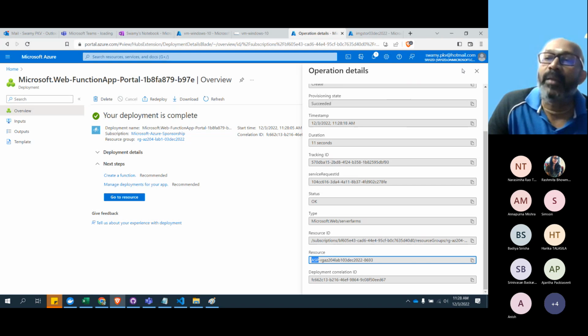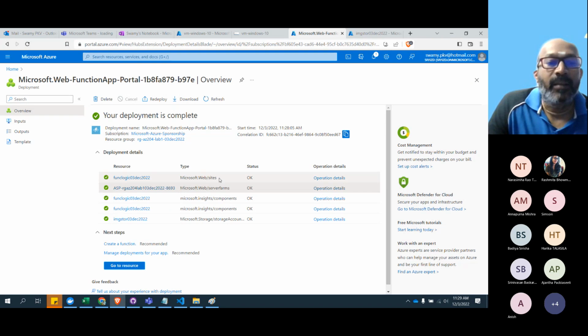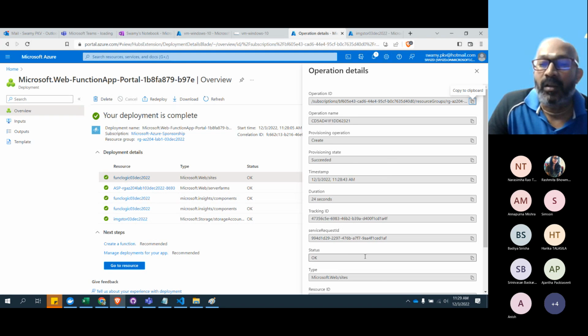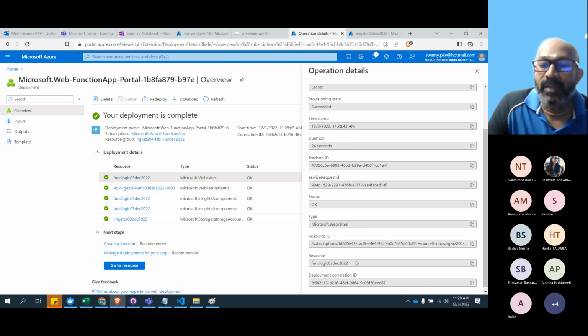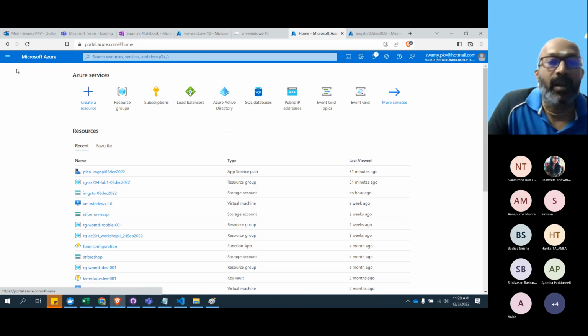So it has taken some name, let it be. And it created a website. That website is for the function app. That's the name which we have given. And it created the Application Insights. I'm sorry, Application Insights.